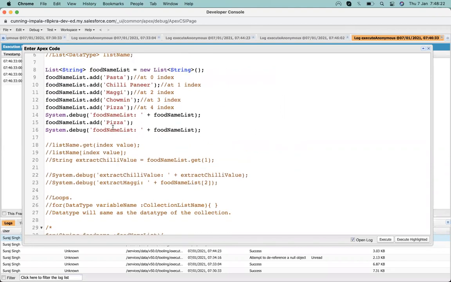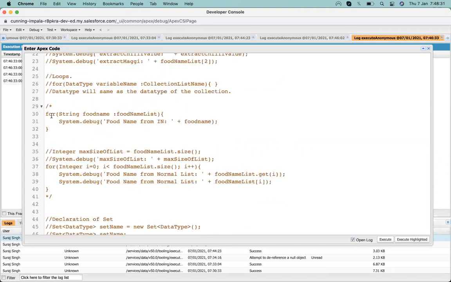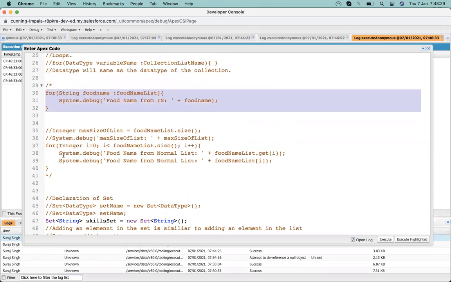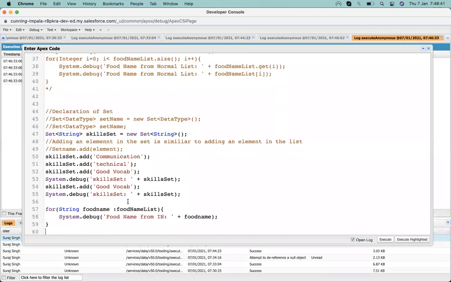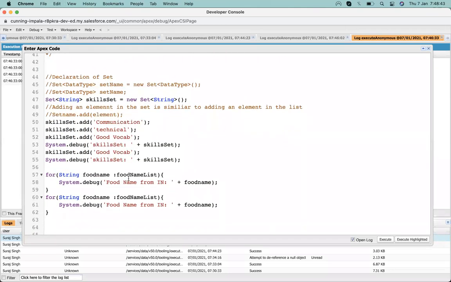Okay, so to maintain uniqueness, we get the value from the set and then perform the operation, because for performing operations both work the same. Suppose this loop works for the list, and the same thing also works for the set.